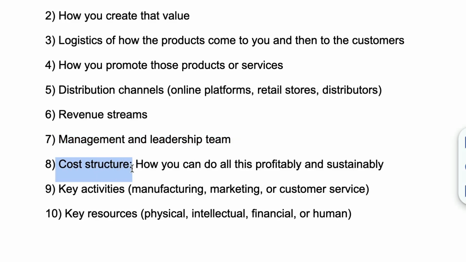It is incredibly important to have all of these key elements function in a way that is profitable or will be profitable in the long term. That's why it's so important that they work well together and not just on their own, because you have to create the value, deliver the value, maintain your team, and then sell the product or service in a way that hopefully keeps you profitable. Now, of course, many business models operate for many years in a way that loses money, but often it's by design, because maybe the company wants to make a lot more money in the long term, so they sacrifice short-term profits. But all this has to be planned for in your cost structure.